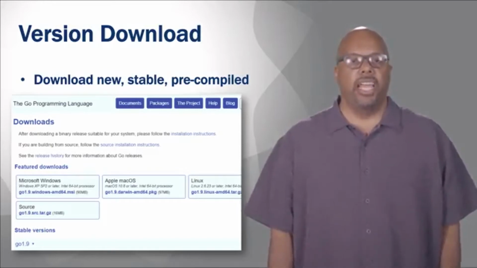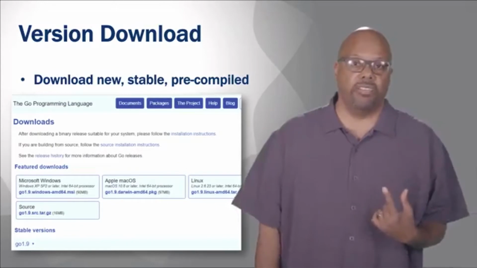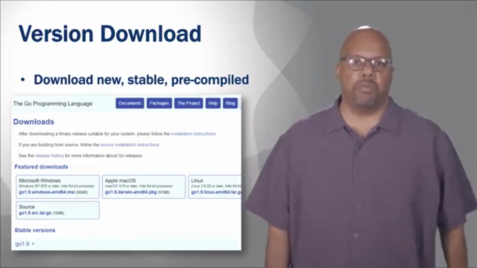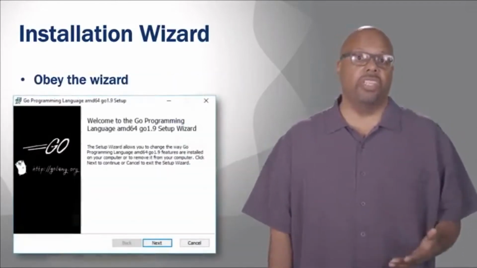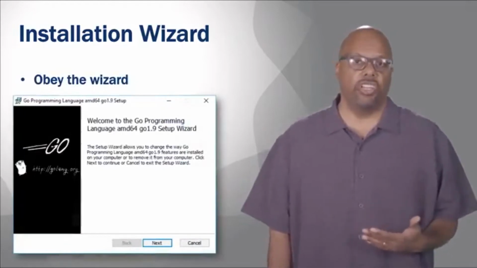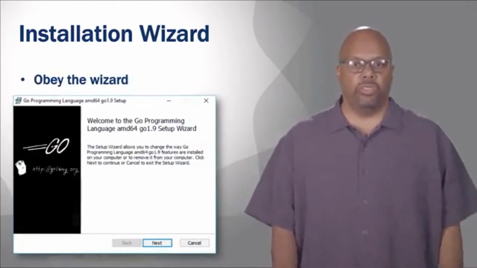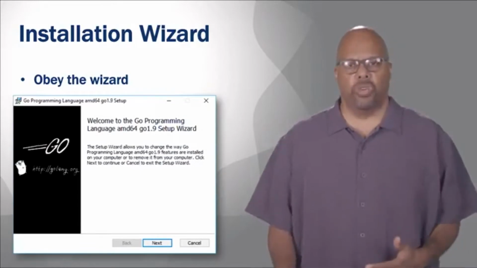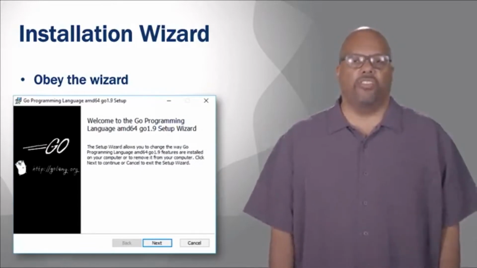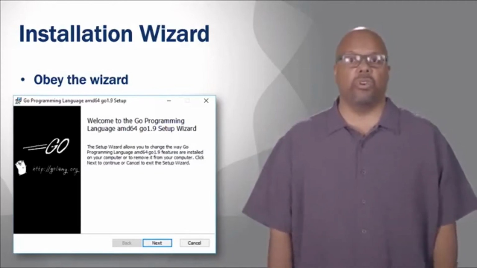Now, once you get that, remember, if you have antivirus on your machine, it can pop up and worry about this and complain. But just say okay. Once you start running it, it'll start a wizard. You've seen these installation wizards, and this is a standard one. Just obey the wizard and click next, and it'll ask you where you want to install the tool, what directory you want it in, and so on. The default locations were fine with me, but that, of course, is up to you.